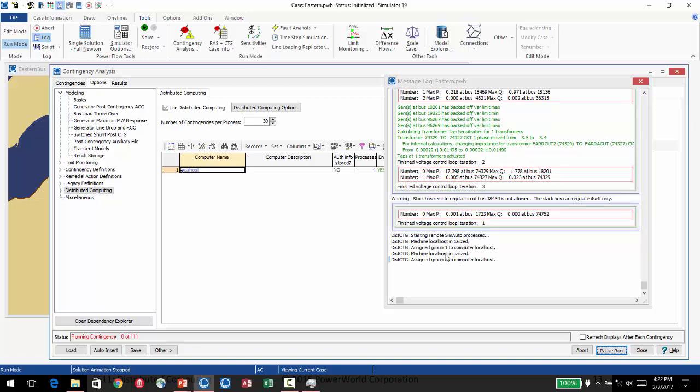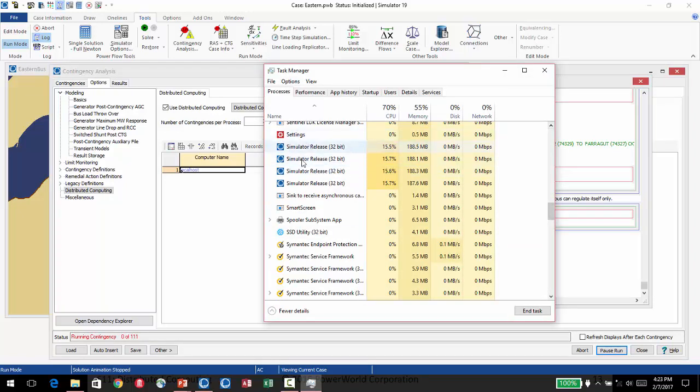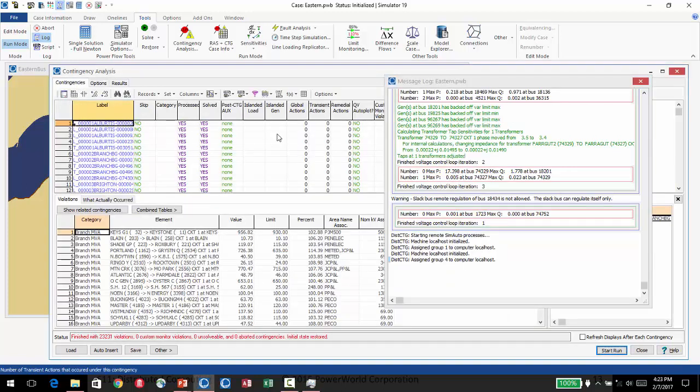remote SimAuto processes and assigning different processes to them. And then if I go in here, I can see there's these 4 background processes that are all chugging. They've each got 30 contingencies that they're looking at, or up to 30, since one of them will just have 21 contingencies, I guess, and the other 3 will have 40. And then when they're done, they'll send the information back, and I'll see all of the results in here